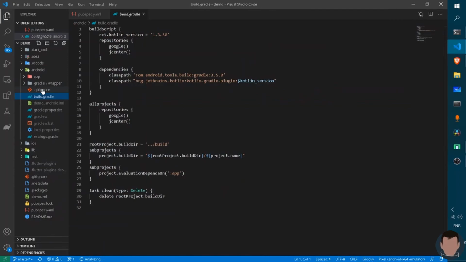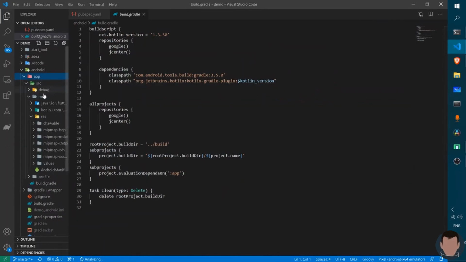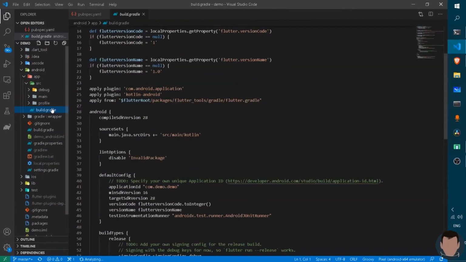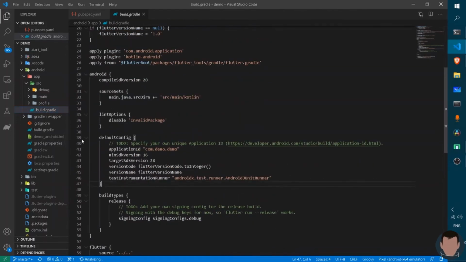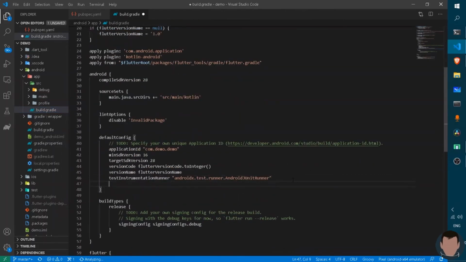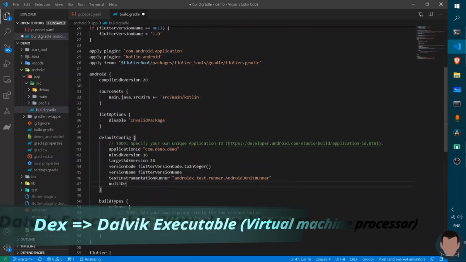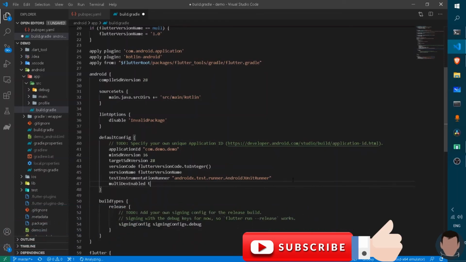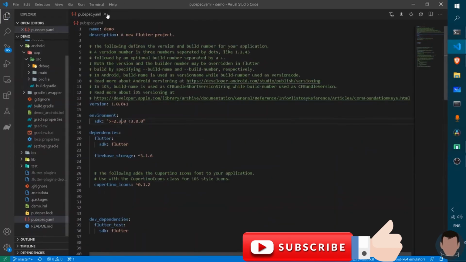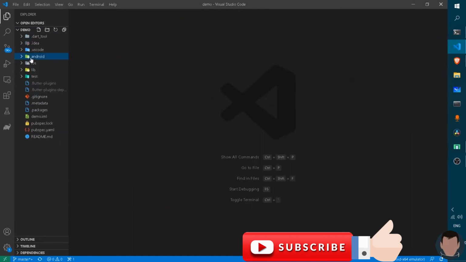and build.gradle, no, the app level build.gradle. In the build.gradle, type here in the defaultConfig section multiDexEnabled true. Yes, type it and press Ctrl and S. It will save it. Now, what this function does and what everything here does, I will explain in the next lecture. Till then, goodbye.